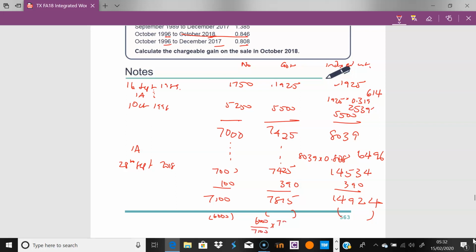So if I get rid of 6,000 of these shares, I literally just want the ratios of 6,000 over 7,100 times 7,815. Well, in reality, I don't even need to, but I do just to make sure my schedule is maintained. Otherwise, this is what I'm interested in: 6,000 over 7,100 times 14,924. It's only because I need to keep a register. In reality, I'm trying to find this indexed amount that's already done for me. So I have 6,000 divided by 7,100 times 14924,